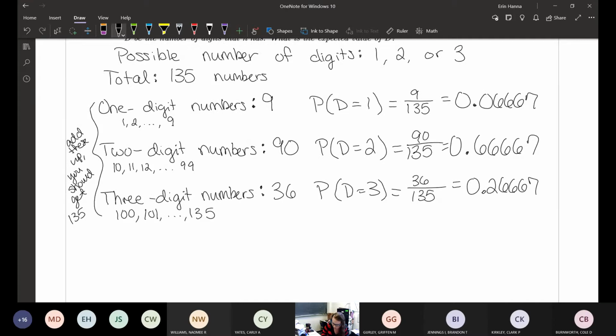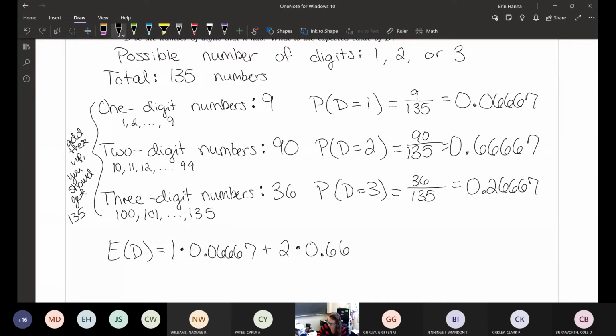So the expected value for these number of digits, well, to get a 1-digit number, there was a 0.06667 chance. So the value of the number of digits is 1, and then the probability of getting that value is 0.06667. And then we add that, we have an option of the value being a 2-digit number, and the probability